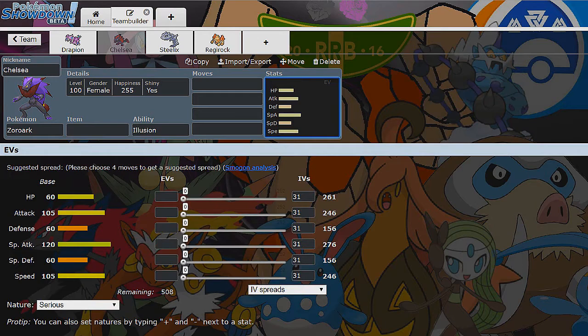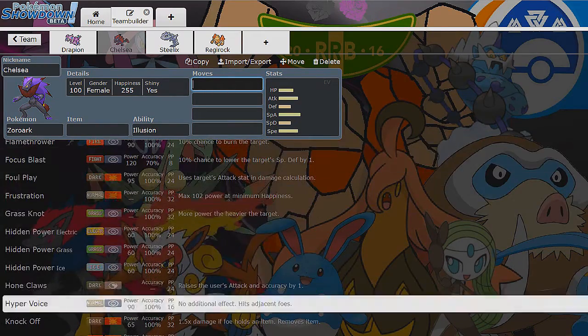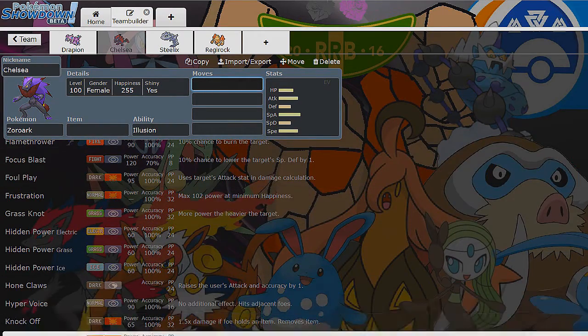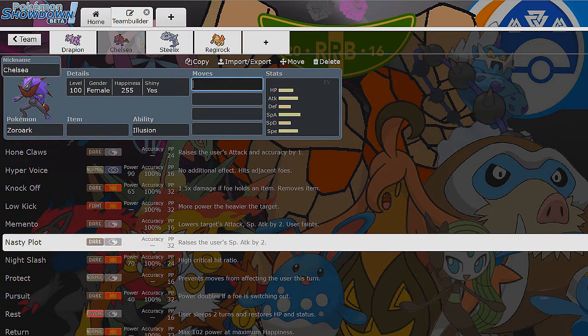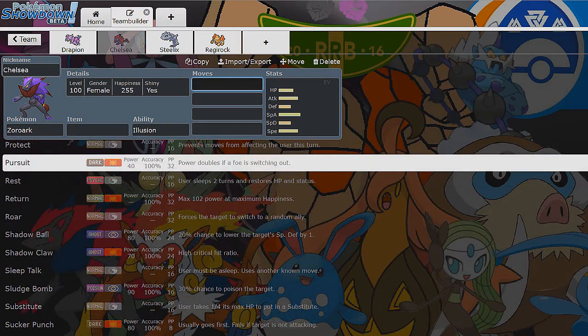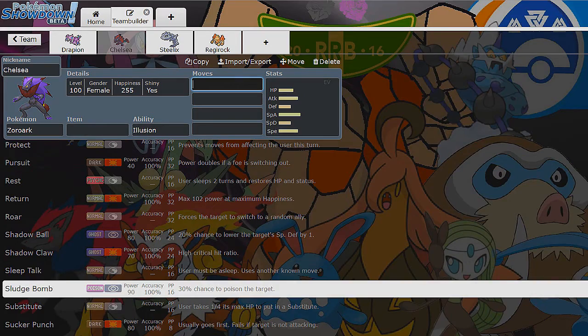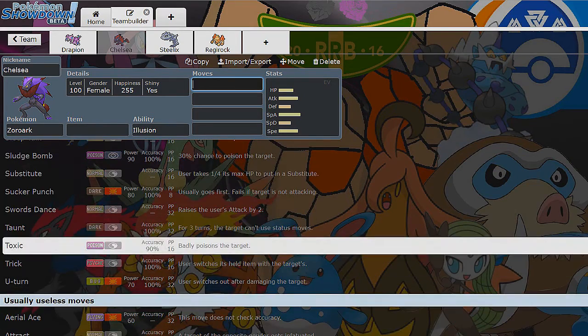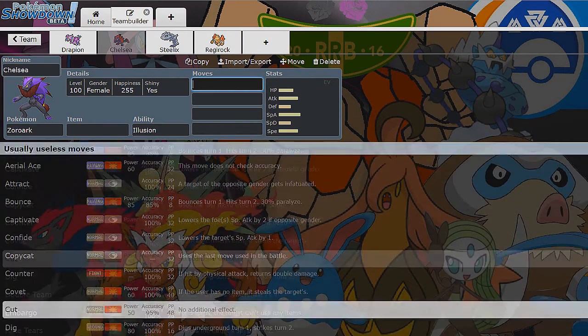So look at it real quick. 105 speed, 105 attack, 120 special attack. It's all we really need to look at. A really good mixed attacker that can really throw some opponents off guard. And we have Calm Mind, Dark Pulse, Extra Sensory, Flamethrower, Focus Blast, Foul Play, even Grass Knot, Knockoff, Low Kick, Hyper Voice, if we want to be that guy. Nasty Plot, Night Slash, Pursuit. So we got one Pursuit Trapper for another. Shadow Ball, Shadow Claw, Sludge Bomb, Sucker Punch, Swords Dance, Taunt, Toxic, U-Turn, Trick, Aerial Ace, Fling, in case you